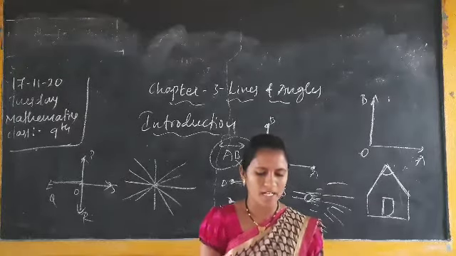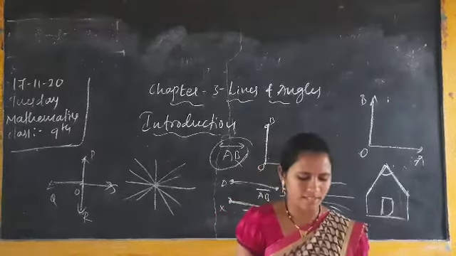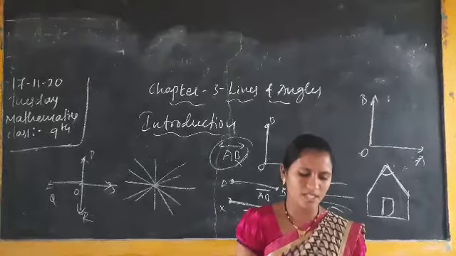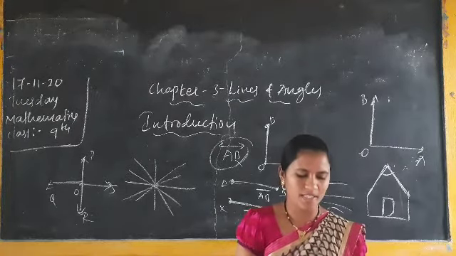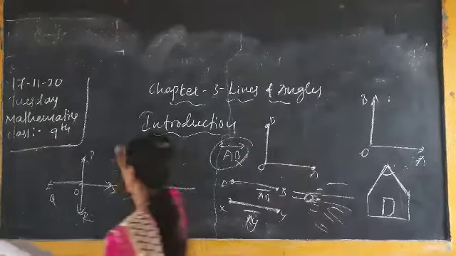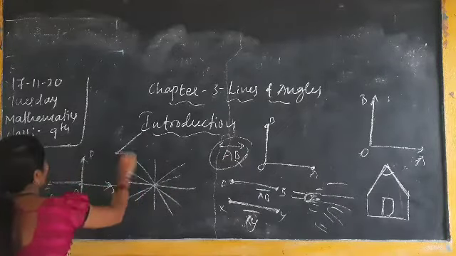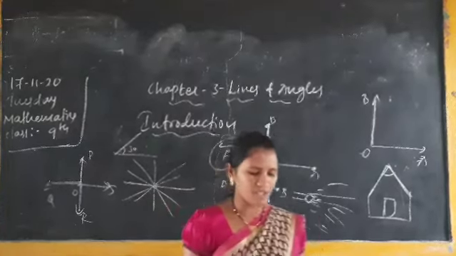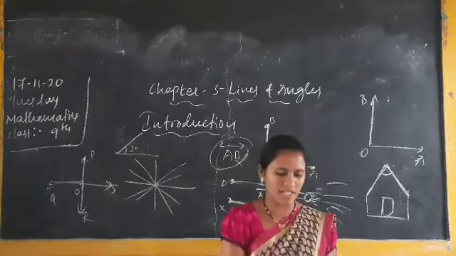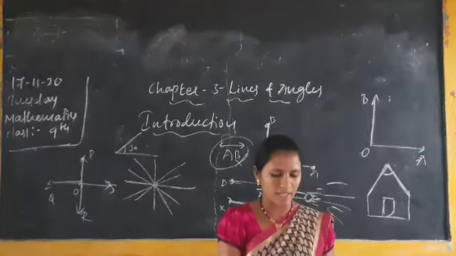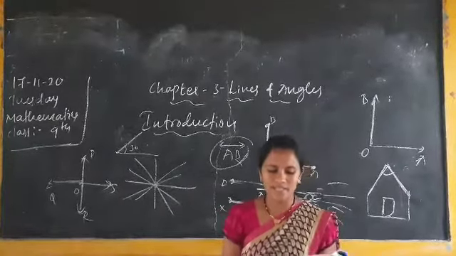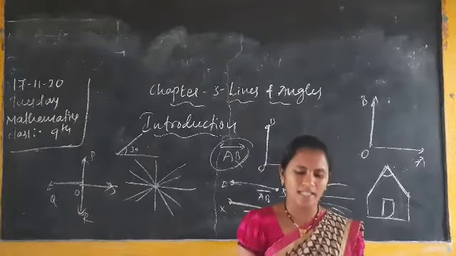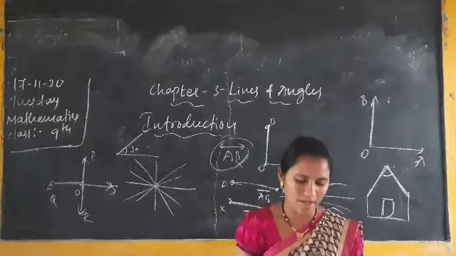Next, here they have given types of angles. The first definition is acute angle. You already studied this in the 8th standard. What do you mean by acute angle? It is less than 90 degrees. For example, 30, 40, 50 up to 90. Here it is given as 0 degree less than x less than 90 degree, which means below 90 degrees is called an acute angle. What about a right angle? Exactly 90 degrees is a right angle. What about an obtuse angle? Above 90 degrees and below 180 degrees is called an obtuse angle.